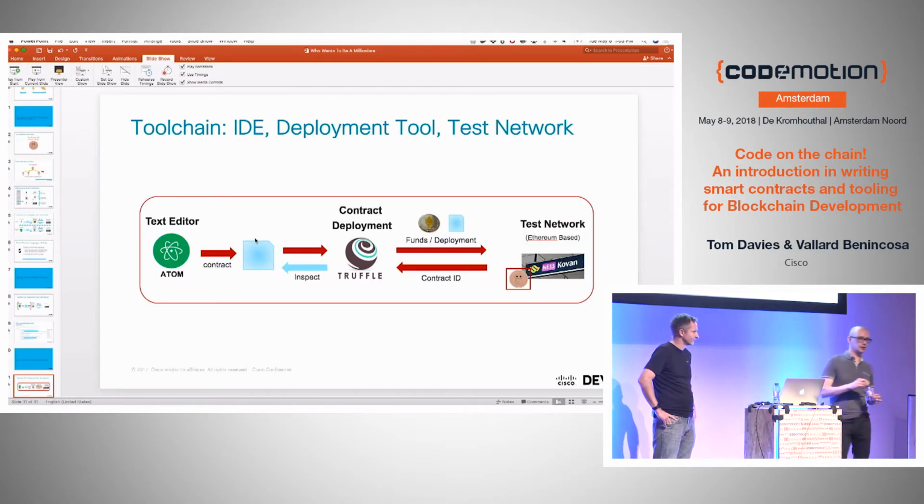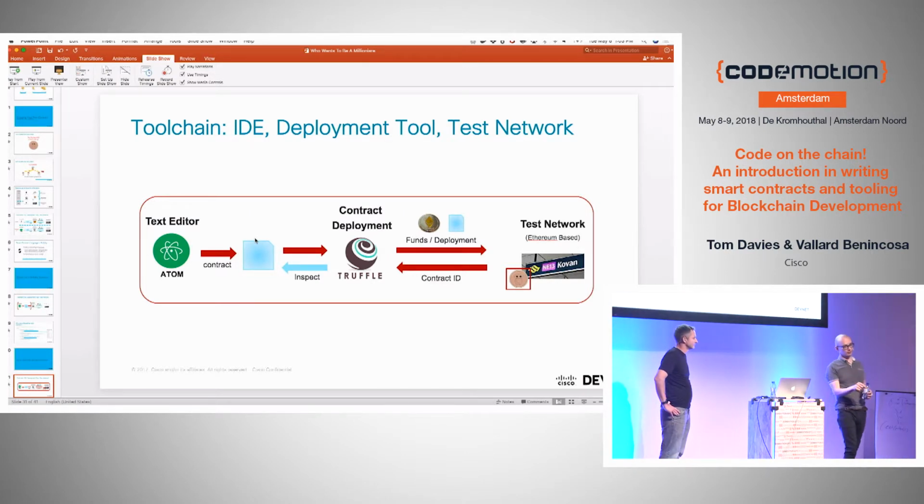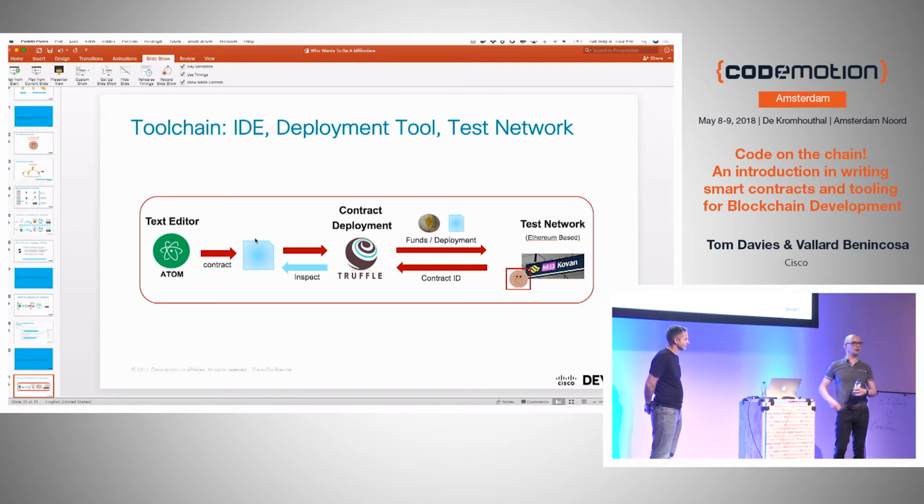Once we deployed that contract, what's just happened there is we've used Truffle to deploy it. It's automatically created our funds, created 20 million tokens. It's transferred 5 million each to us. I'm a millionaire. And then it's actually sent the contract ID back to us so we know the public ID of that contract so now anybody else can call it.